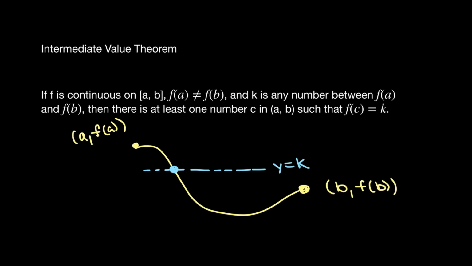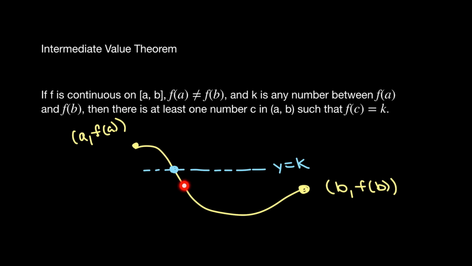All right, I have one more topic to discuss in this video. One consequence of continuous functions is that they will satisfy something known as the intermediate value theorem. So I have the intermediate value theorem written out on the screen. It says if f is continuous,